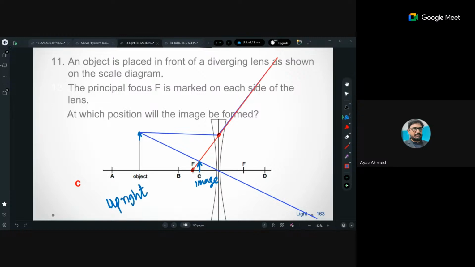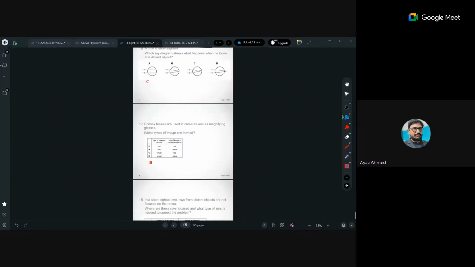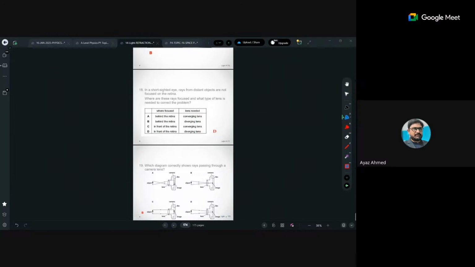देखो अपराइट है ना, स्मॉलर इन साइज एंड वर्चुअल होगा, बिकॉज द लाइट इज डाइवर्ज आउट ऑफ द वे। हम लोगों ने खुद से डॉटेड लाइन ड्रॉ करके ये बनाया। सो दैट इज व्हाट द कंप्लीशन ऑफ योर एंटायर चैप्टर। आई बिलीव सो कि अब आप लोग